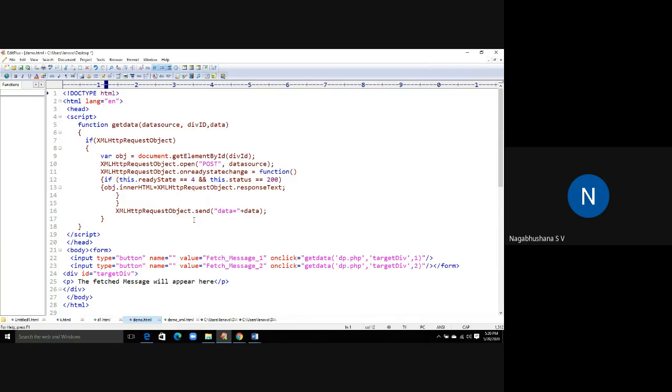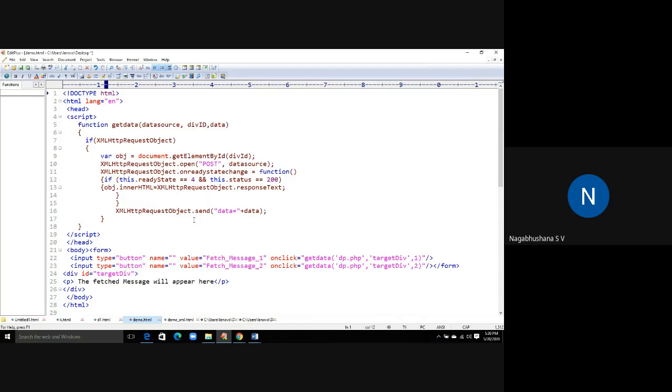This happens only when I am using the send method, where the data takes the values 1 and 2 respectively. If you are using the post method, you should pass one parameter as a string to the send method. So your data is a string where 1 and 2 will be passed.